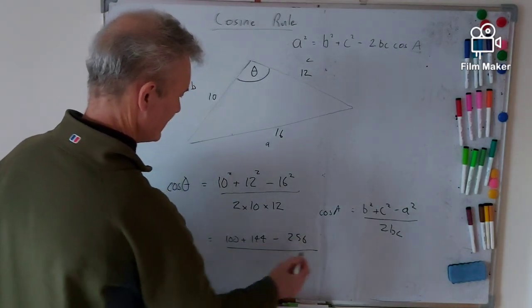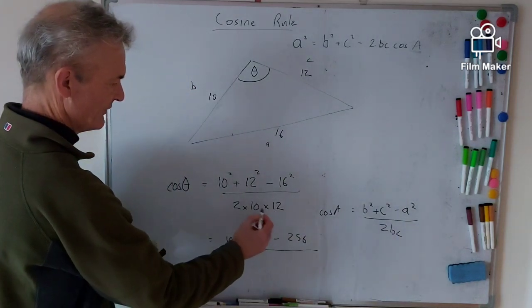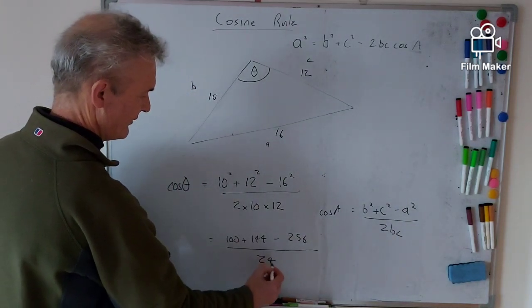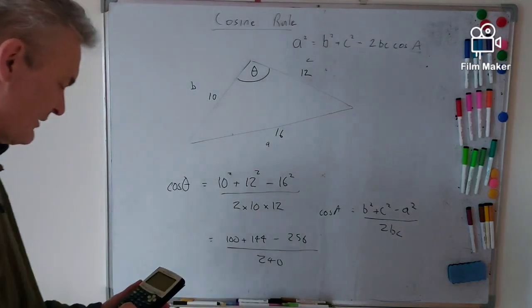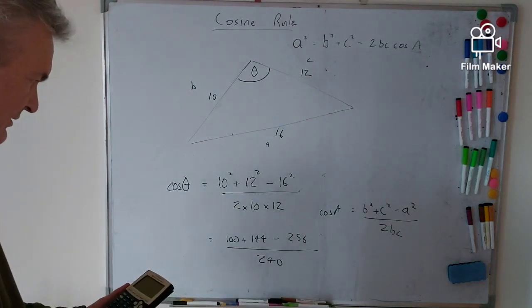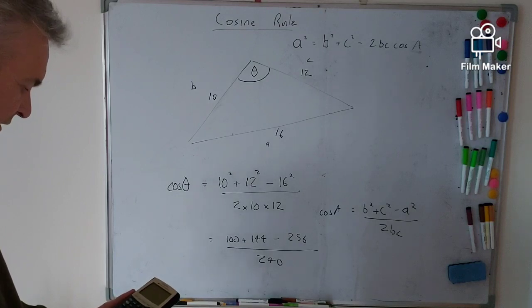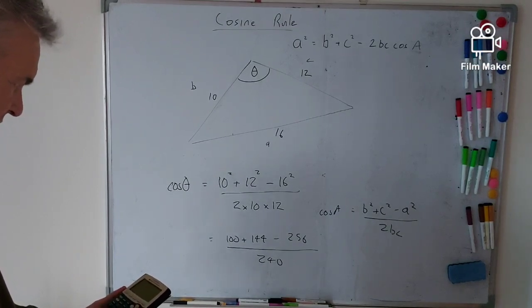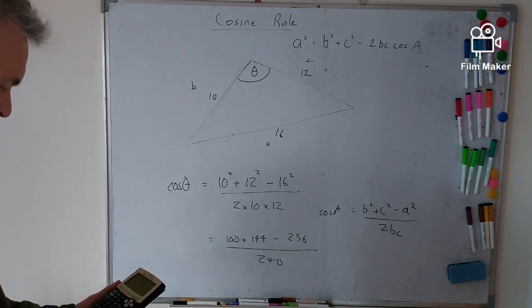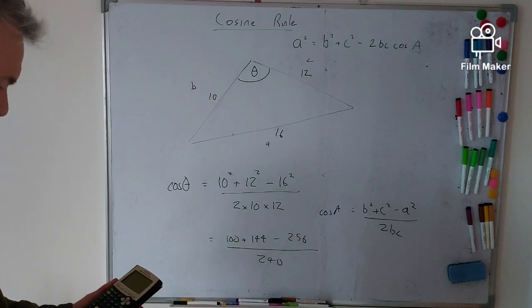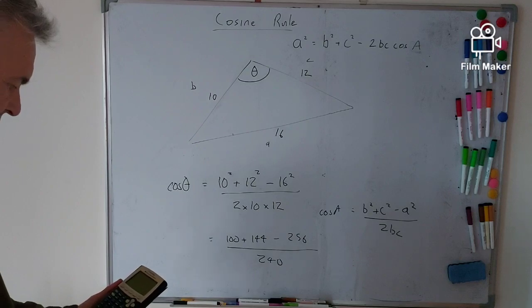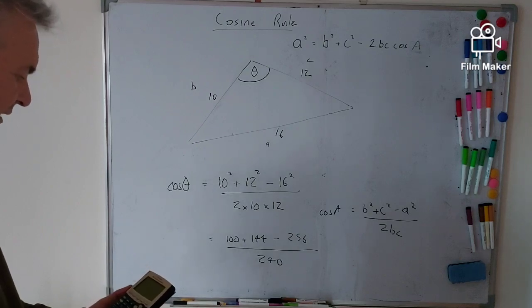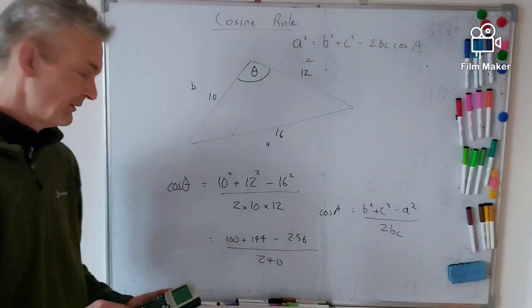And that's all over 2 times 12 is 24 times 10 is 240. So let's just work that one out. So we've got 100 plus 144, what's that? Minus 256 equals that, divided by 240. Okay, so we get an answer, and then with the answer, all we're going to do is to convert